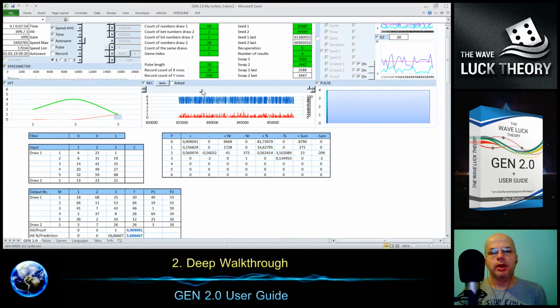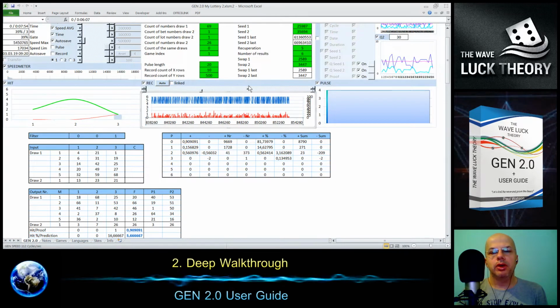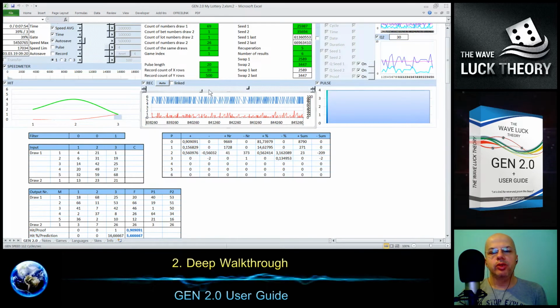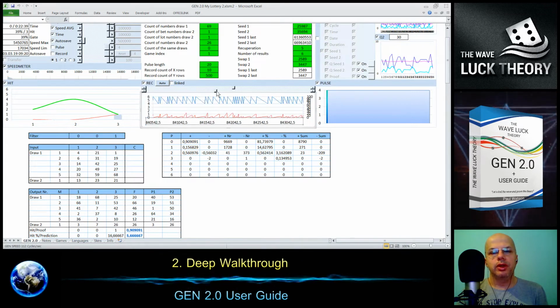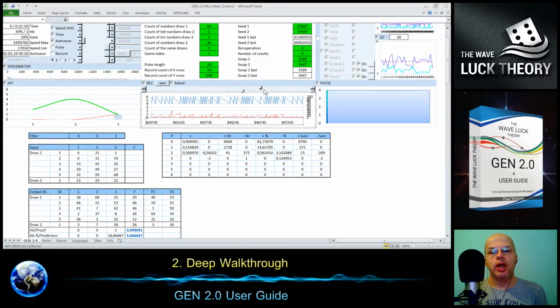We can enlarge some area. If I move the upper and lower scroll bars, I will magnify it, so I am displaying only this area. I can magnify it more, like that, and I have some kind of magnification, and I see the waves here. What I can also do is link these two scroll bars, and then I can move it and it moves together, so I'm actually browsing the whole record.